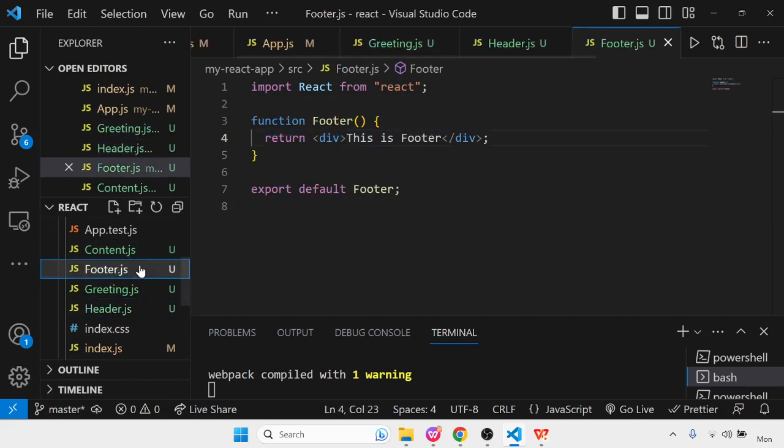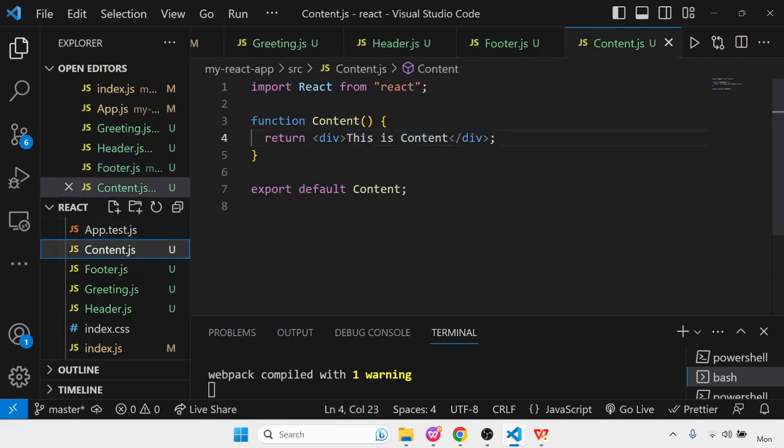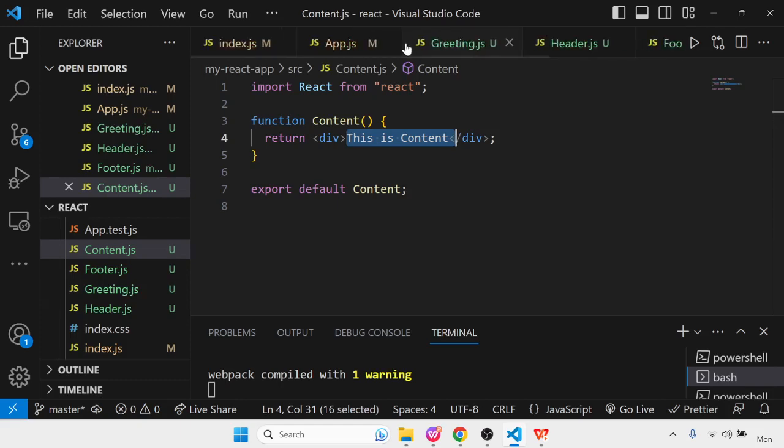The second component that we have is a footer component where the entire content of footer is mentioned, and the third one is our content. Basically everything that is on the screen, that is our content. Everything that is between header and footer we are considering as content as of now. Now we have to call all these components one after the other in our app component. Basically this is how the workflow is happening.